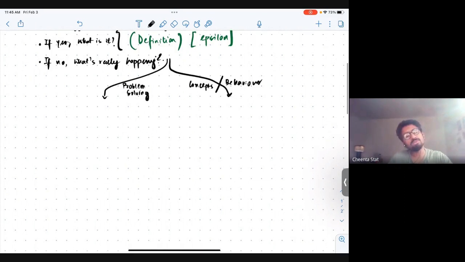So let me tell you about the concepts and behavior. What is the concept of behavior? Understanding the concepts behind the limits. So we understand the definition is one of them. After the definition comes, if a sequence converges, what are the properties of it? What is really happening for it to converge, what is actually making a sequence converge.